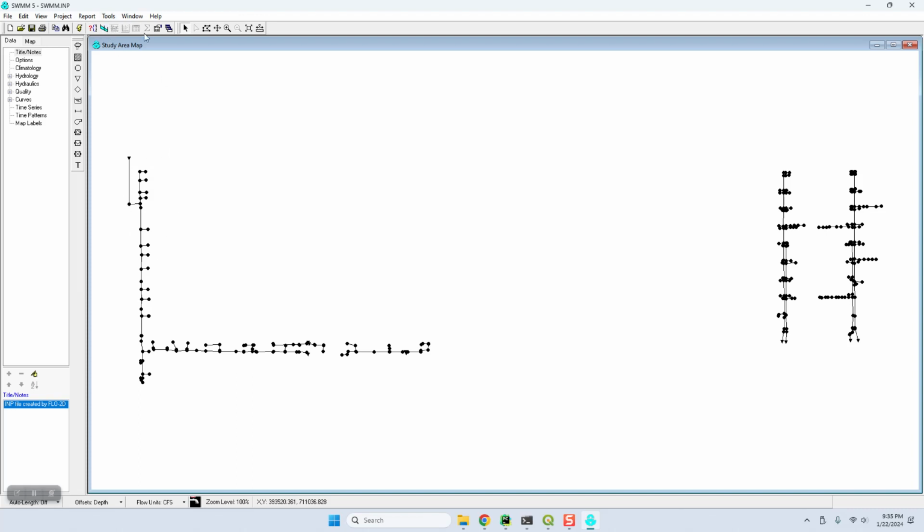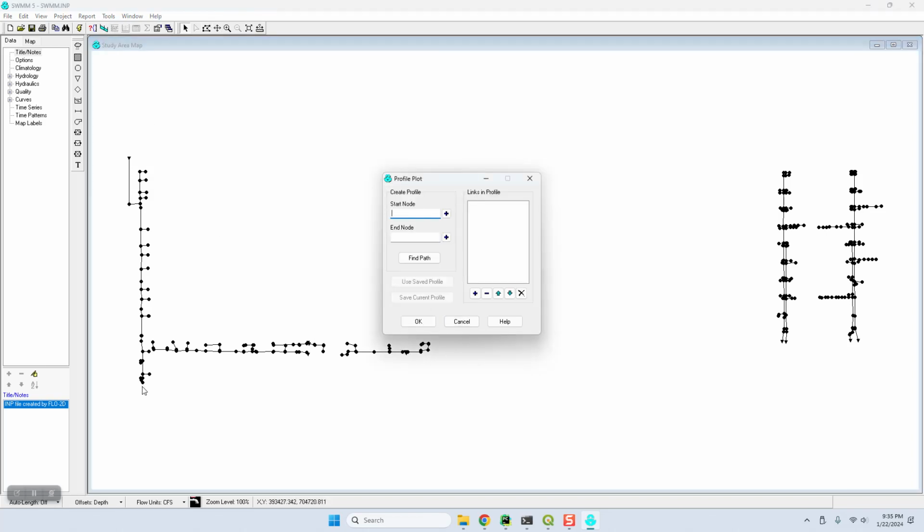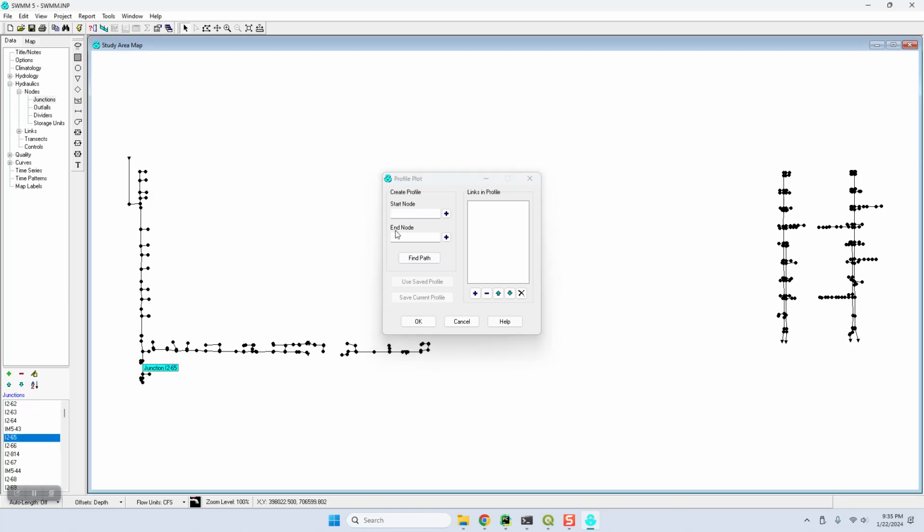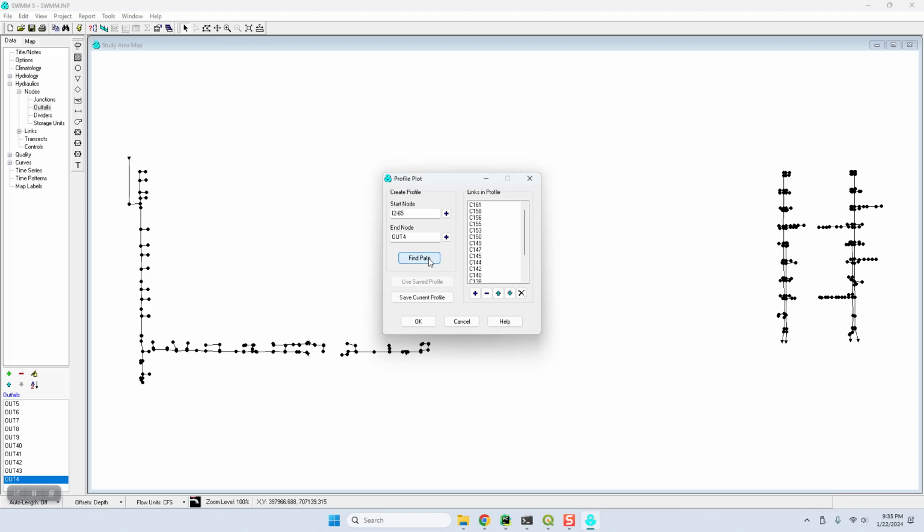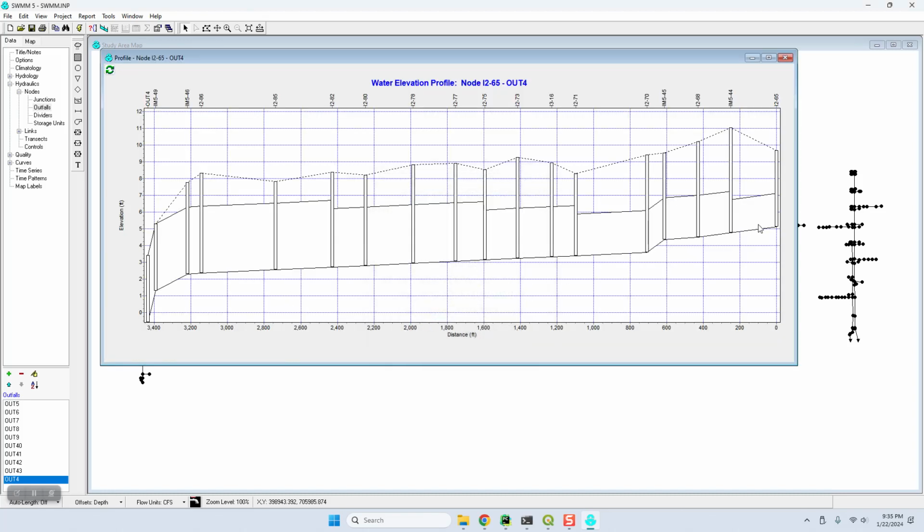So for example, if I wanted to check a line, I could click this guy right here and I could go to the start of the line and the end of the line and find the path and click OK, and you can see the